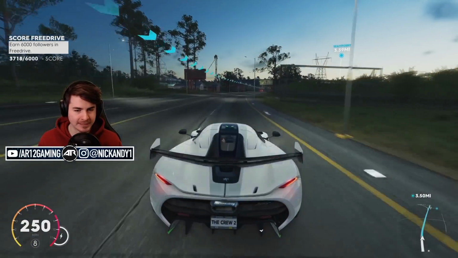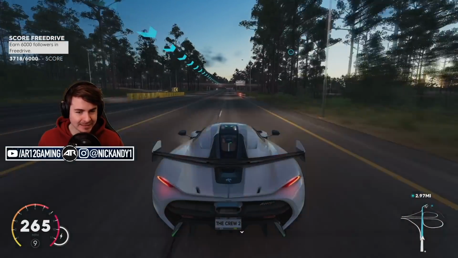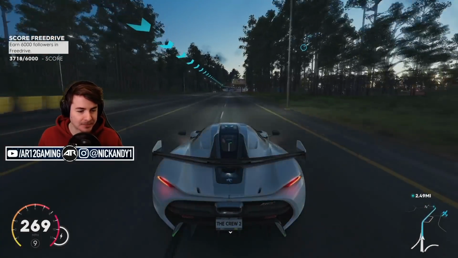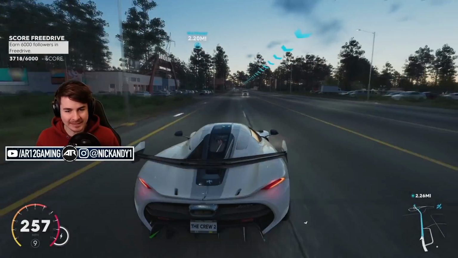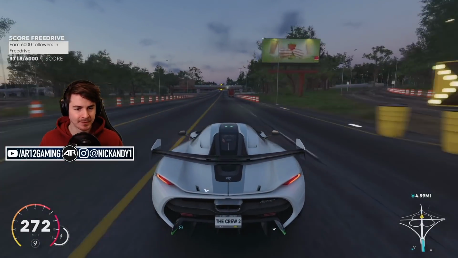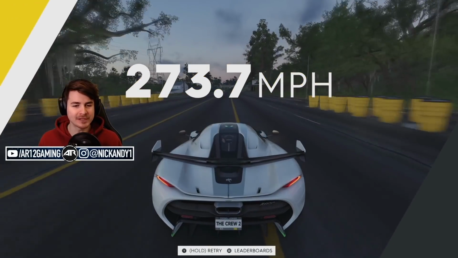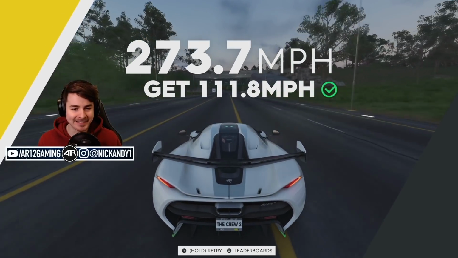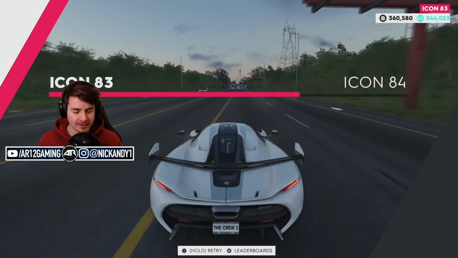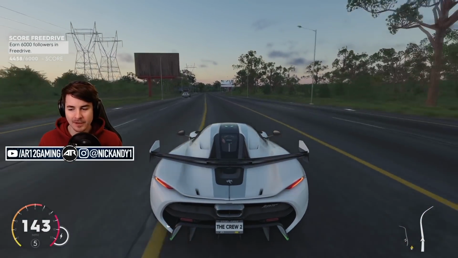There's 240 miles an hour, 250 miles an hour, 260, still accelerating. I don't want to touch the NOS or anything. I want a legitimate top speed. 269, 270. Yo, there's 273. Come on. 273 sitting there. 273.7. I'm probably doing 274 right now. There are definitely aspects of this game that I do not miss. Get off my screen! Well, according to the game,